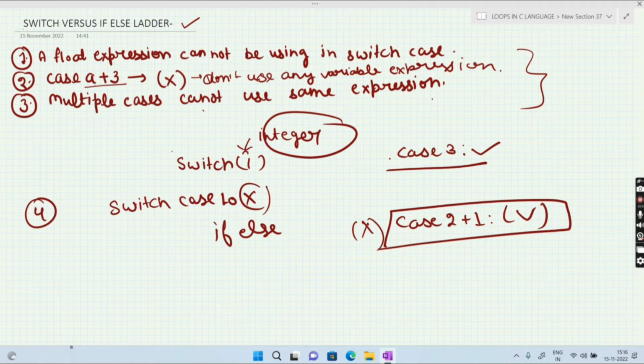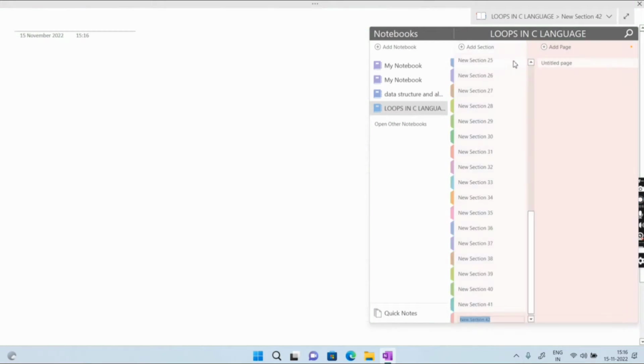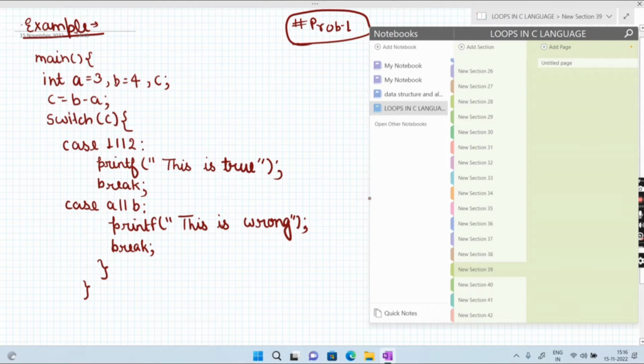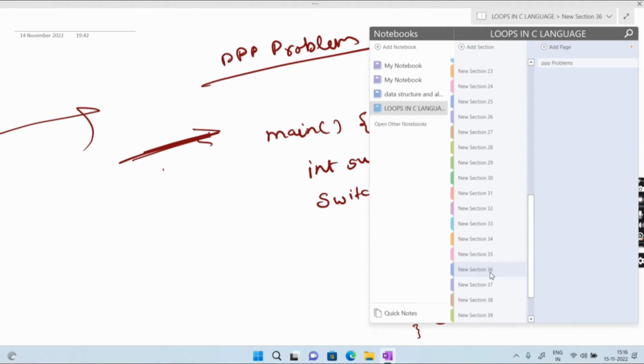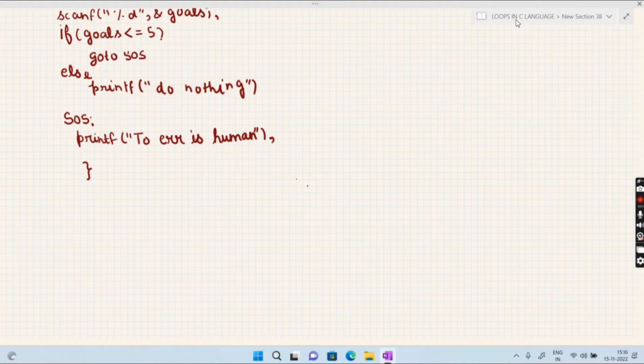Okay, so the second thing we are learning here is actually the goto statement. What is goto statement? First we see it, then we will try to execute it from the code. So let's start it. This is the goto statement in which we are trying to cover what is the basic difference and what is the actual use of the goto statement.